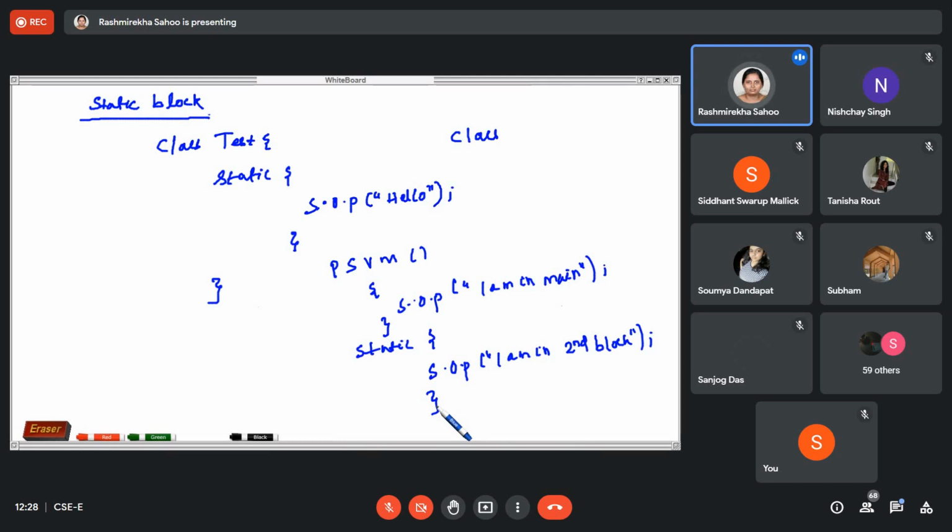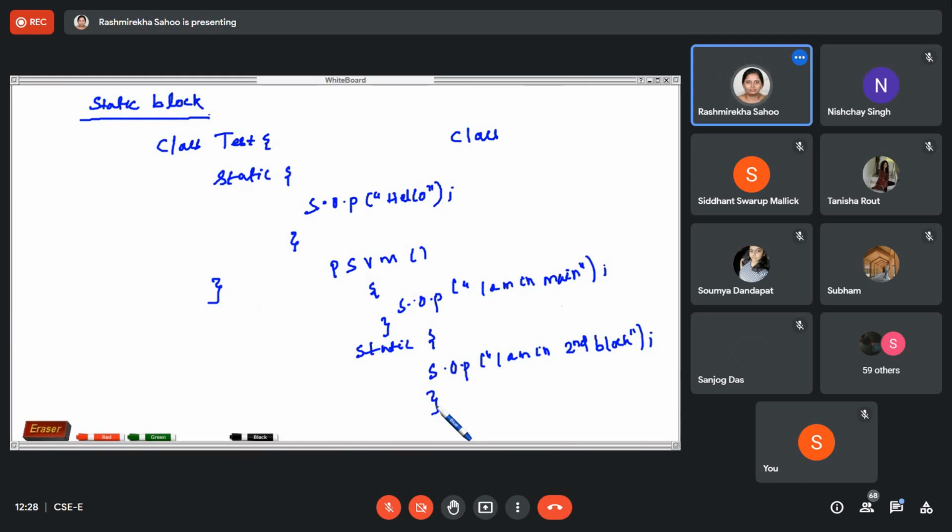Now tell me why we are declaring the main method as static. Here it is a static block, but this is public static void main. Why is it public, that you know. Void, that you know, doesn't return anything.